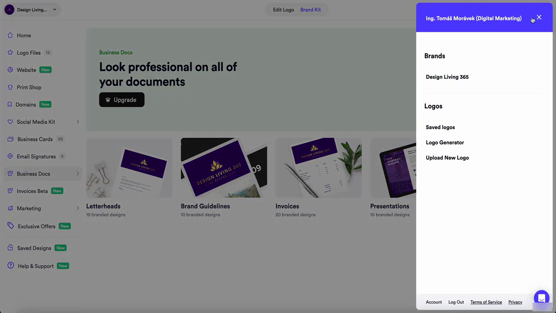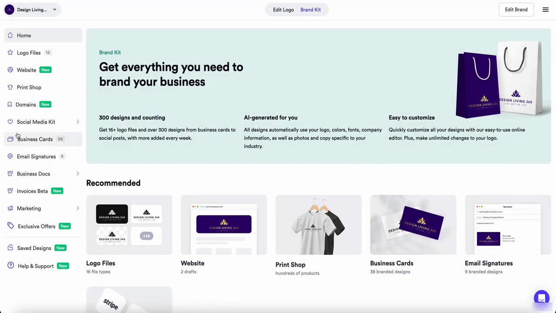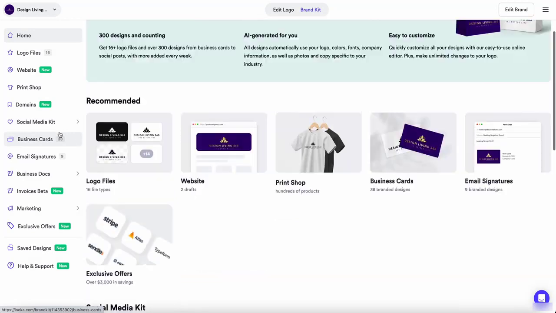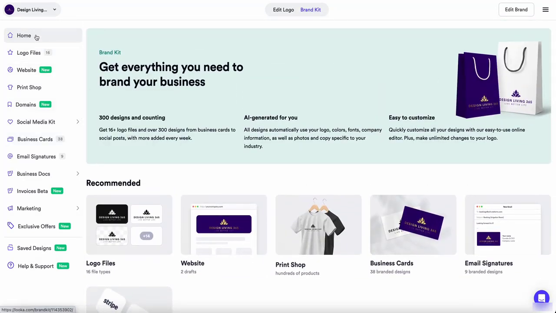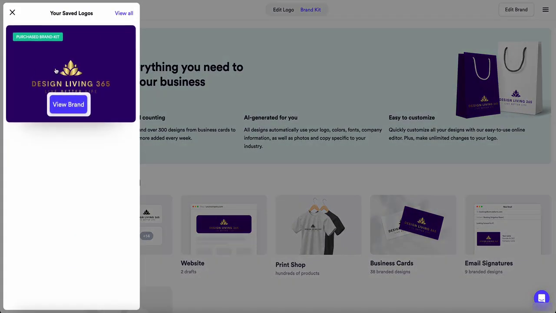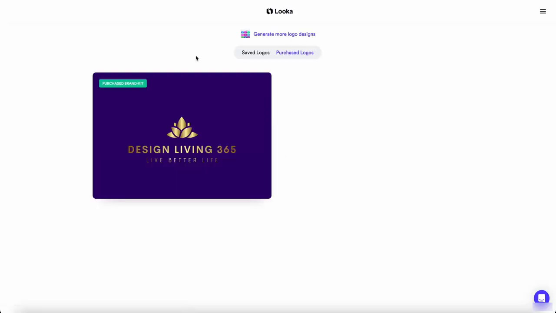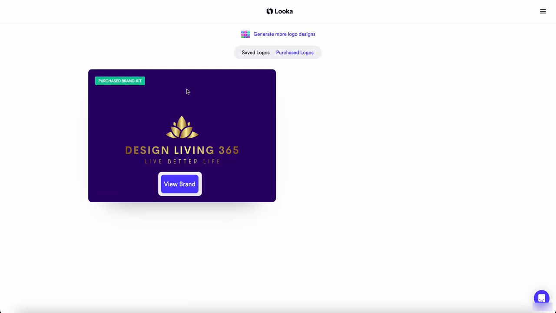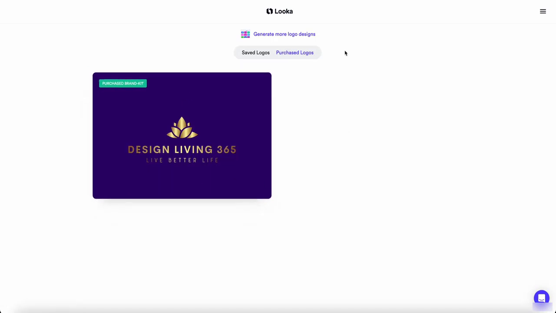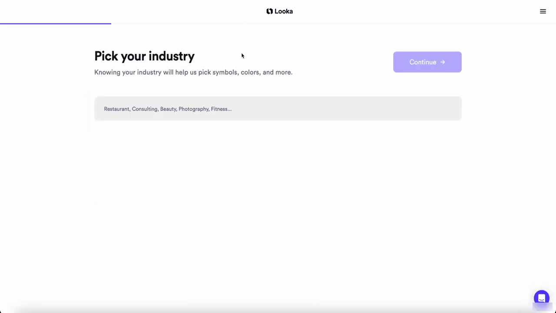But let's dive into it a little bit more. I would love to show you how you can work with it a little bit more. Because as you can see, you can click to generate more ideas.